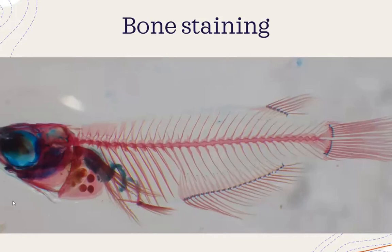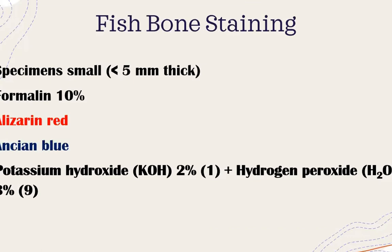Sclera bone. Here is the cartilage bone. And another one, most of them are the ossitis. I'm so sorry. The bone, the true bone. Okay. The bone staining, fish bone staining is a little bit different from another species, another method, because